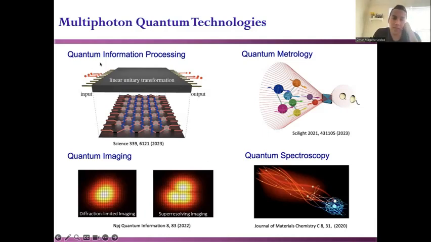And as I said in the beginning, the idea is that we prepare some multiphoton systems. We force them to interact or to interfere. Then we see the output, and we use that to improve the way in which we can process information, to measure small physical parameters, to actually boost the performance of techniques that have been around for multiple years, such as imaging. And then another popular technique is to use these multiphoton systems to probe matter. For example, here we have these light fields probing an atom.